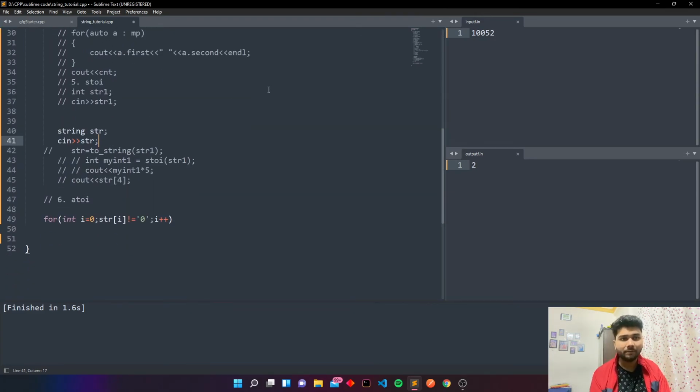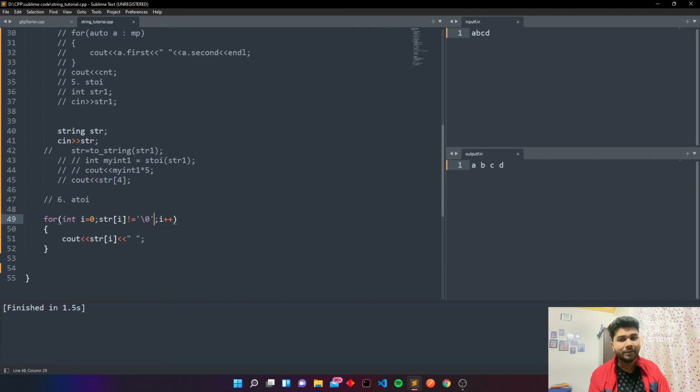Okay, so here the input will be in a string and this is the input, and then you can print. In single quotes we use the slash and then 0.